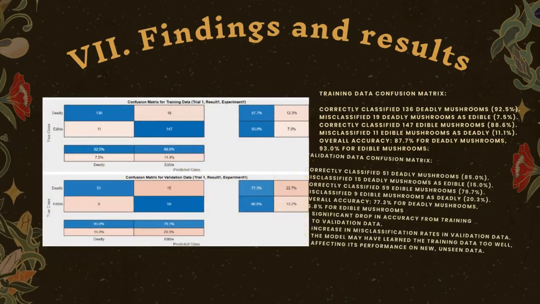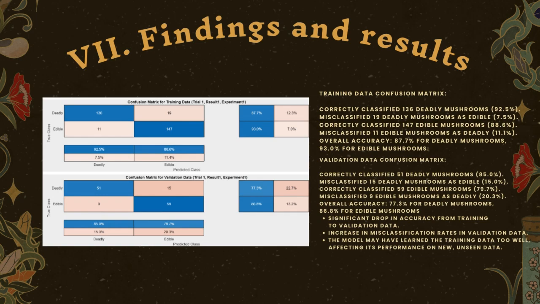And then for results of the confusion matrix on training data, correctly classified deadly mushroom 92%, misclassified deadly mushroom as edible 7%, correctly classified edible mushroom 88%, misclassified edible mushroom as deadly 11%. Overall accuracy 87% for deadly mushroom, 93% for edible mushroom. And results of the confusion matrix on validation data, correctly classified deadly mushroom 85%, misclassified deadly mushroom as